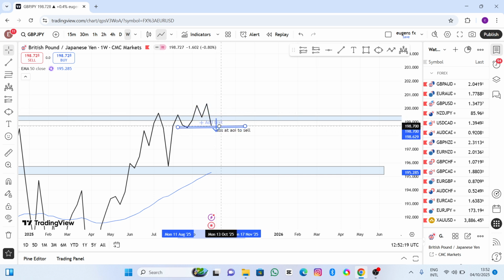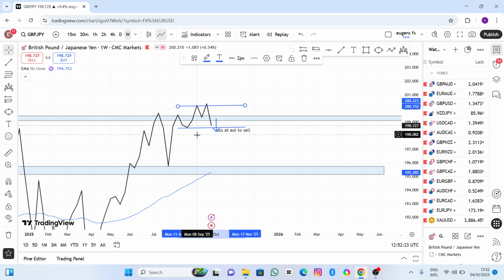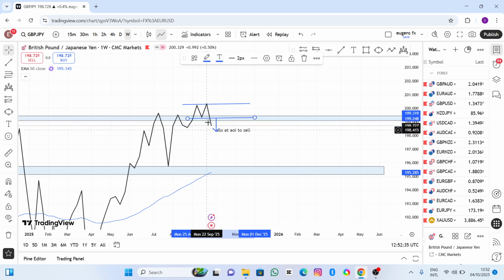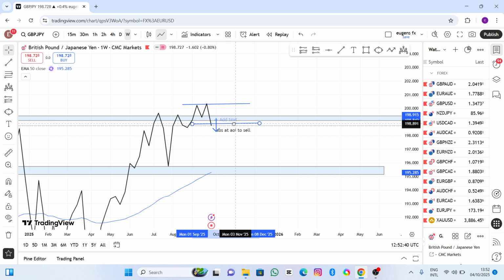This was the higher low. As it broke above here, it made here the higher high, right? And this was the higher low. So now as this candlestick closed above here, it made here the new higher high, and here the new higher low. And as market closed below here, it made here the new lower low, the new lower high. So what we're waiting for now in this market